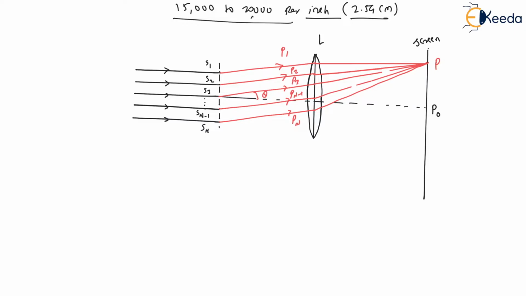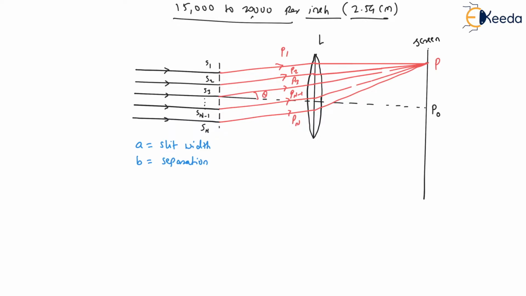And now our target is to find the resultant amplitude and resultant intensity at that particular point P. First of all, we'll write the equations for these diffracted waves P1, P2. Before that, let us mark here a small a. This is the slit width, no doubt. And in the same way, let small b be the separation.